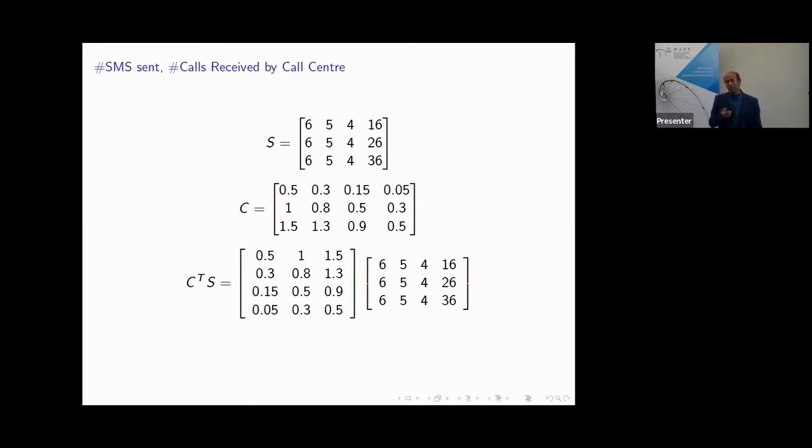I have 16 SMS, 26 SMS, and 36 SMS, and I'm deciding. I don't need to consider big figures; I'm just explaining, which is why these are small, but you can consider 16,000. I know that if I send an SMS to one person, it's half a person. So for example, if I send an SMS to 2 people, 1 person will call. That's what the 0.5 is today. 0.3 will call tomorrow, and things like that.